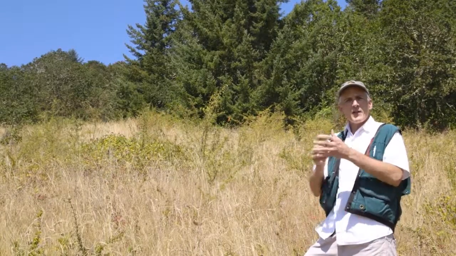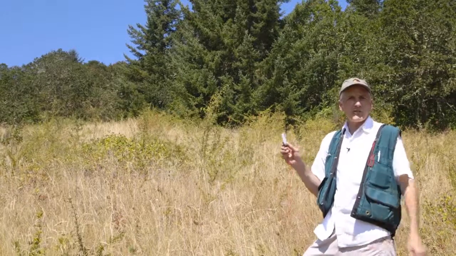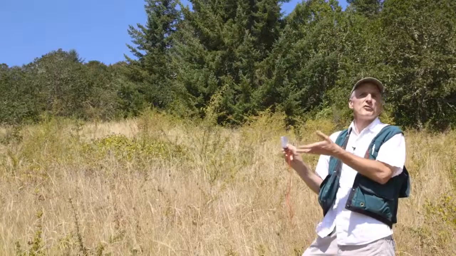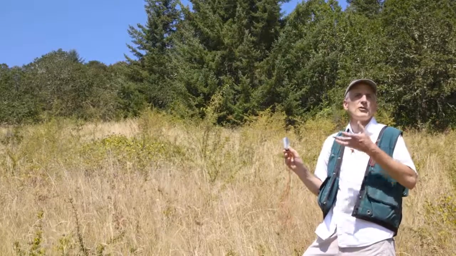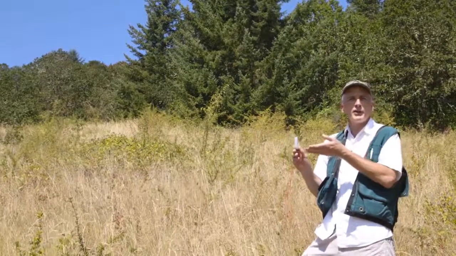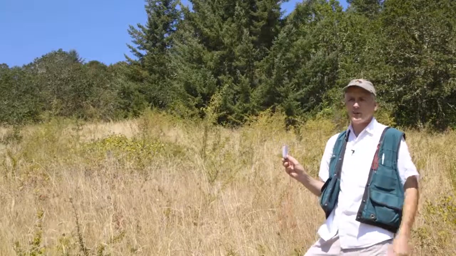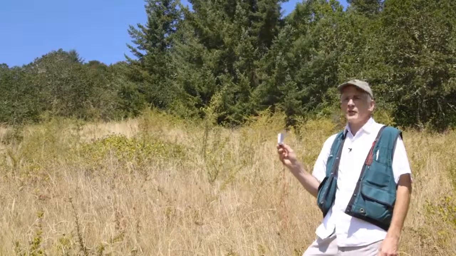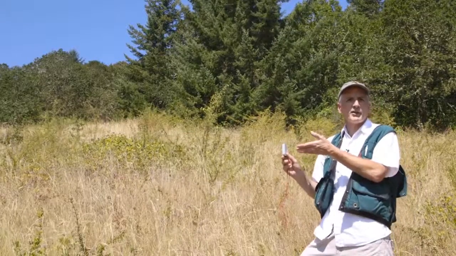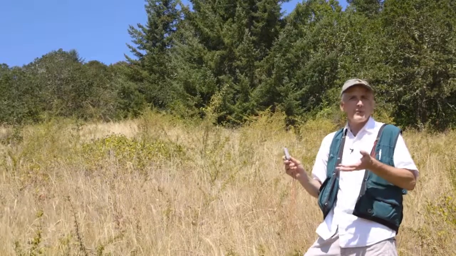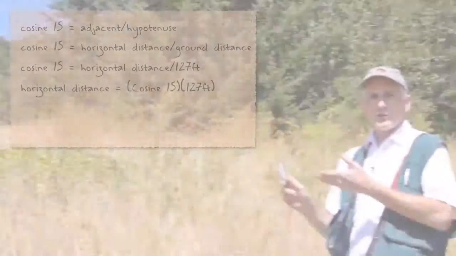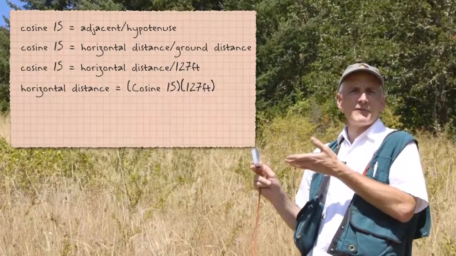Well, that is another reason that the clinometer itself is a handy tool, because right on the side of the clinometer is a cosine table. It gives you cosine of certain angles, anywhere from 1 degree to 45 degrees. So you can use your clinometer on most slopes. Even if you don't have the angle that you want on your clinometer, there are cosine tables that you can look up on various math websites. So what we need is cosine of 15 degrees. So looking at my clinometer, cosine of 15 degrees is